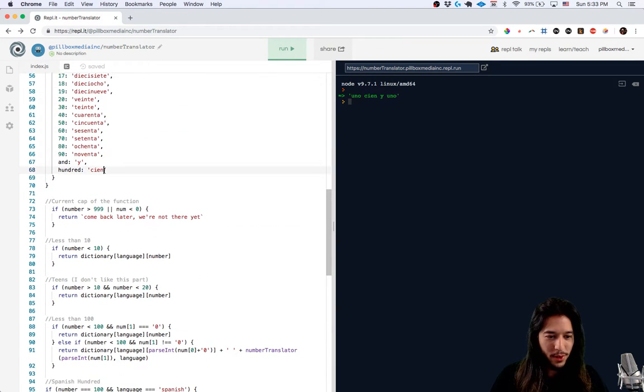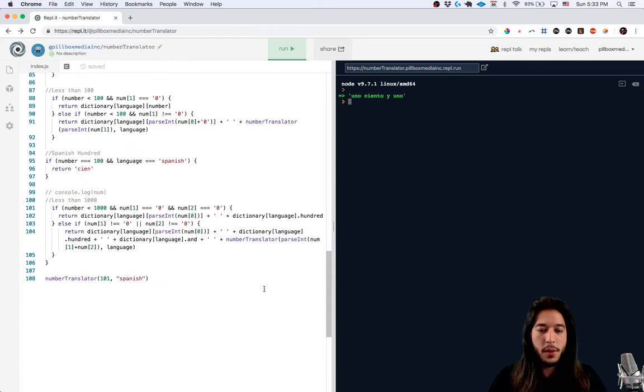Languages are tricky. For one thing, it's ciento. Also, I don't need it to say uno. So this is going to be more conditional logic that I'm not so happy with. And maybe you've heard of this: a lot of AI researchers happen to be white, so AI facial recognition happens to be better for white faces. Something I've heard a little bit about.